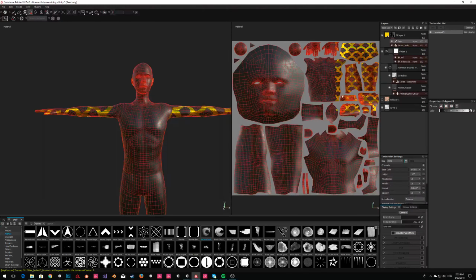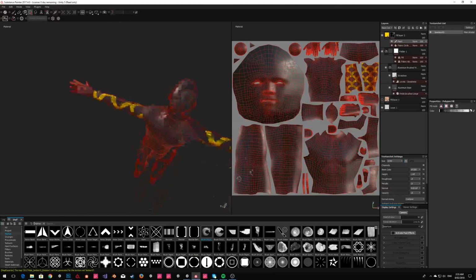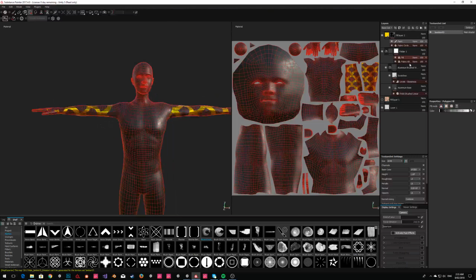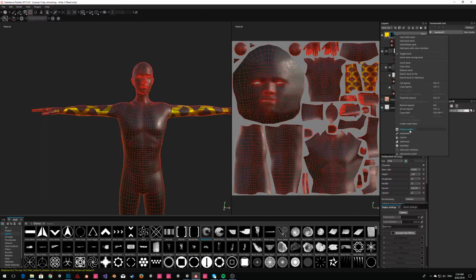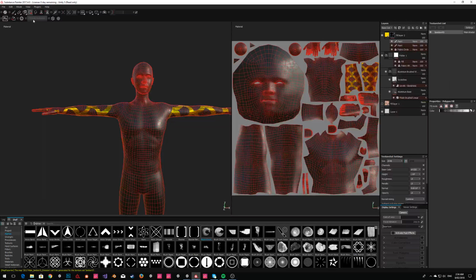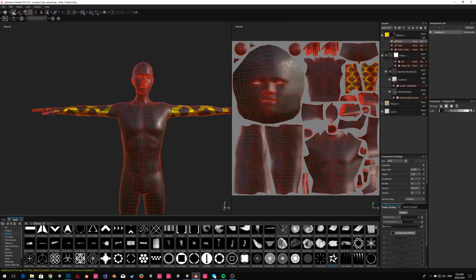I think just the area I want is just this section up here. Okay. And we might fill, paint. We do something a little bit more interesting. And